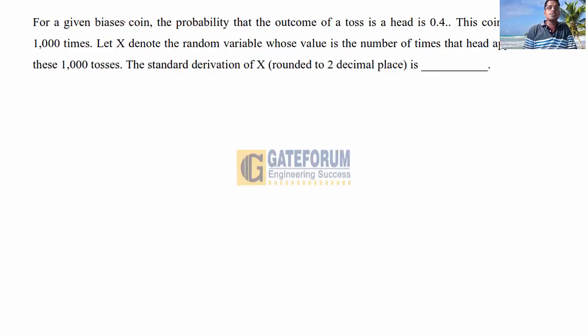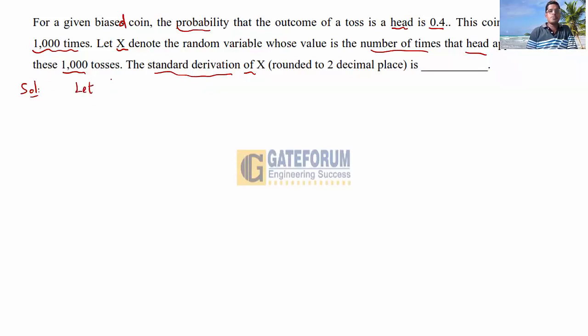So here the biased coin: the probability of the outcome being head is given as 0.4. So automatically the probability that the outcome is tail is 1 minus 0.4, that is 0.6. It is tossed 1000 times. This is n is equal to 1000. Now x denotes the random variable, the number of times that head appears in these 1000 tosses. They are asking for the standard deviation of x. Now solution,